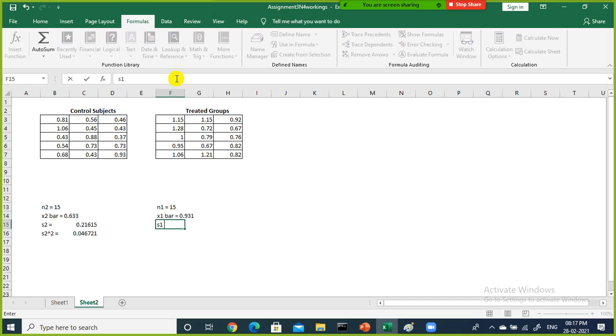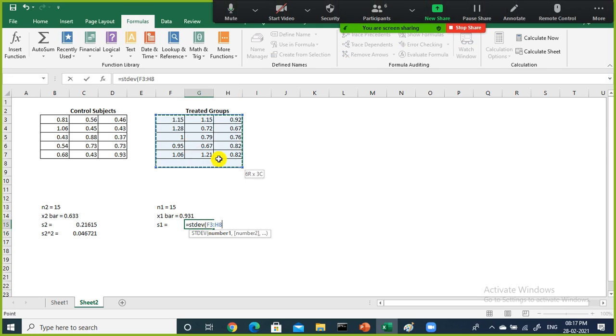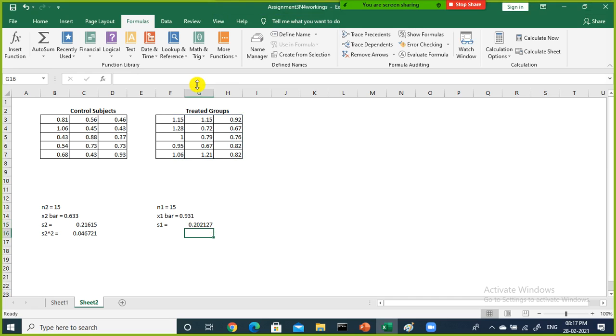And what is the standard deviation? Standard deviation is equivalent to, if I take the standard deviation of this, what value am I getting? Yeah, 0.202. So now if I have to get the variance, what should I do? I'll tell you why I should take the variance, okay? Simply you can square this one. 0.04088.